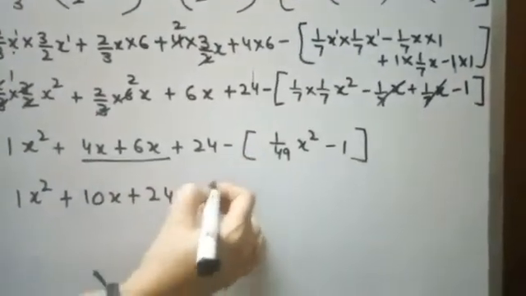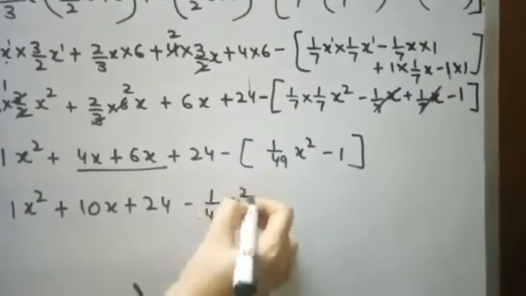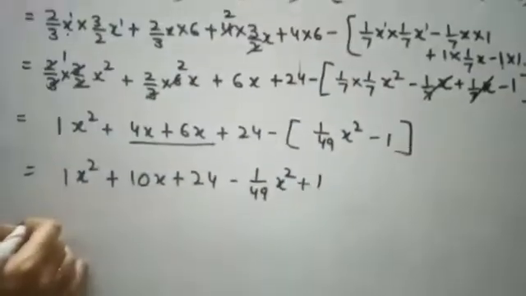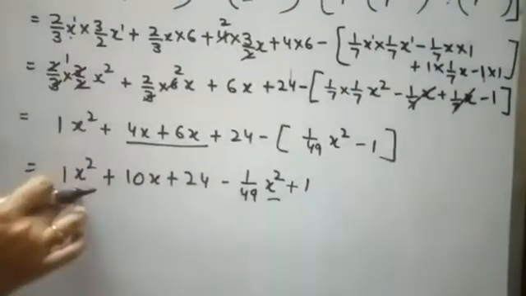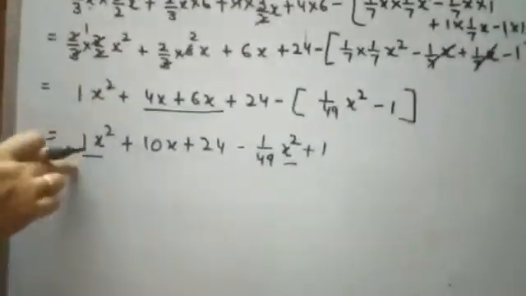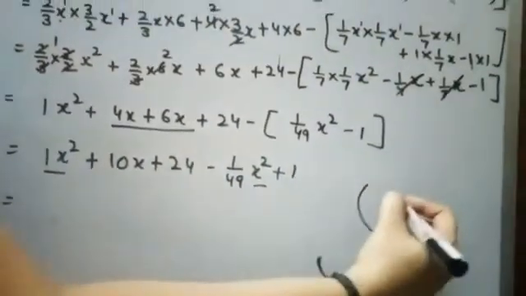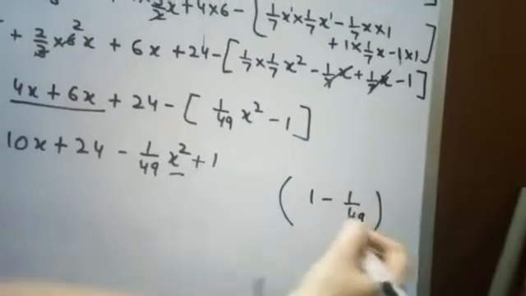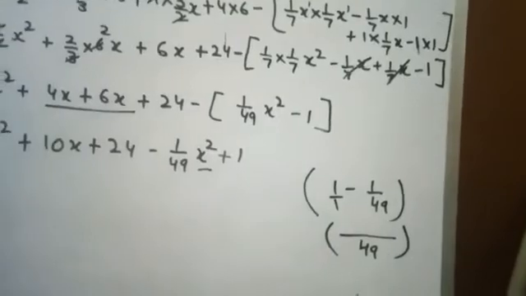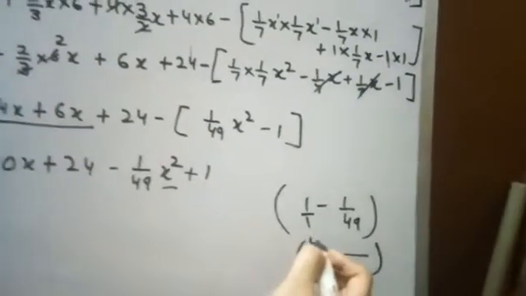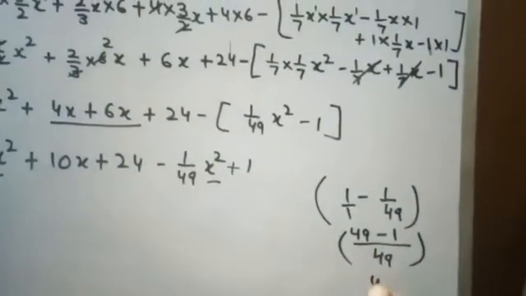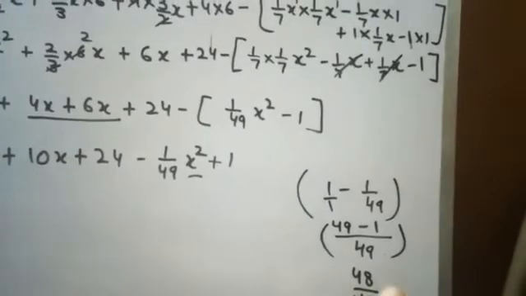Now there is a subtraction sign, so the sign will change. Minus 1 by 49x square, minus becomes plus. Now again we are having two like terms here because their variable part are same, x square, x square. Now look at their constant part, 1 minus 1 by 49. If you want to do it in a rough, 1 minus 1 by 49, you have to take the LCM because addition and subtraction of fractional numbers can be done by taking LCM. 49 divided by 1 multiplied by 1, 49. 49 divided by 49, 1 multiplied by 1. It will become 48 by 49.